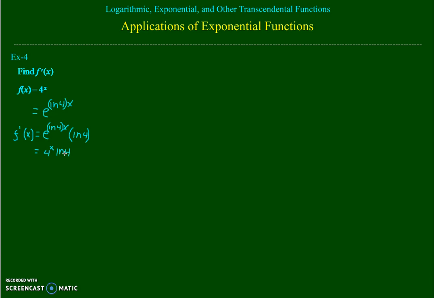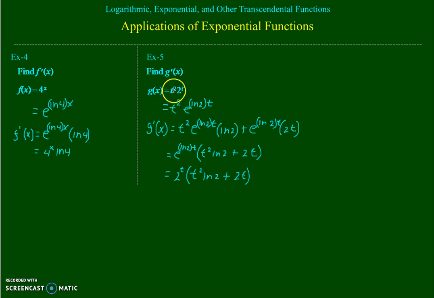All right, let's look at another one. Here we have just a slightly different twist. We have a power and an exponential to a base other than e. So see if you could figure out how to do that one. What I did here is I kept the power expression the same, and I changed the exponential to have a base of e. Now we've got to be careful here, because this is the product rule, and with the product rule we have a u and a v term, but unfortunately we've got this one,